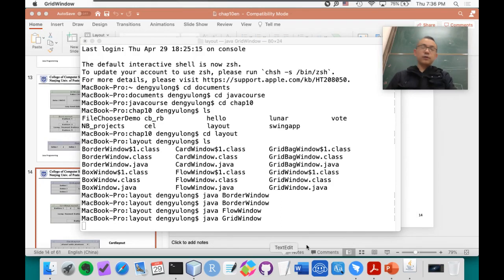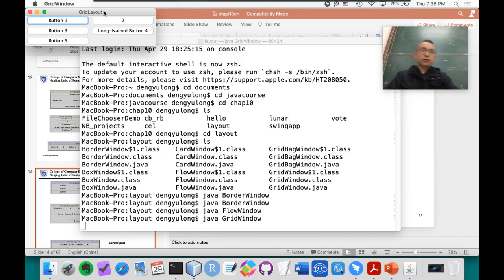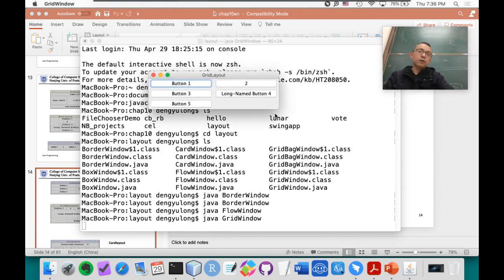Window. Now it's grayed out. Now we divide the container, which is the JFrame. We divide it into 6 parts, 2 columns and 3 rows. Now we put the first button in the first row, first column, and the second button in the second column